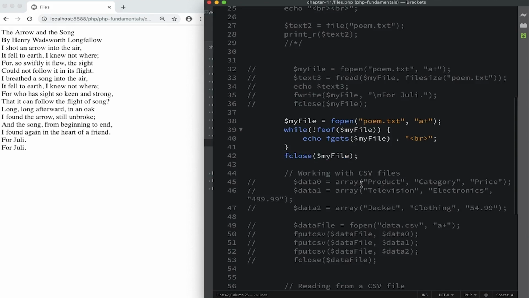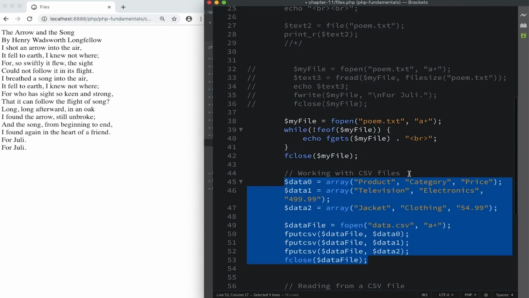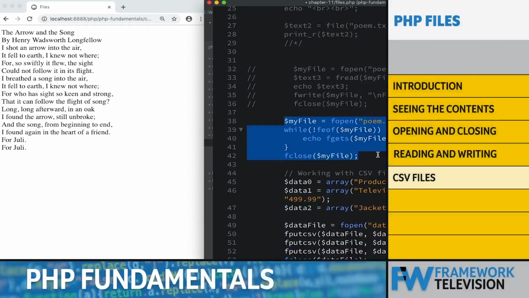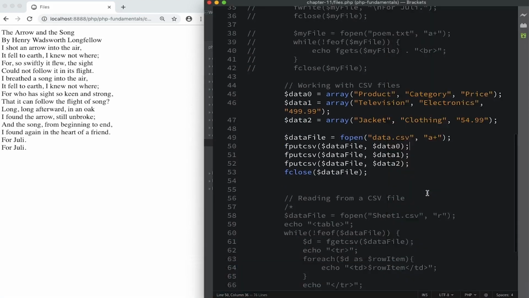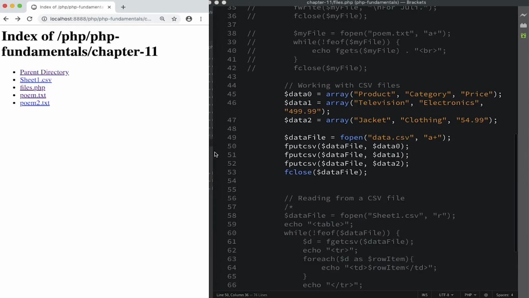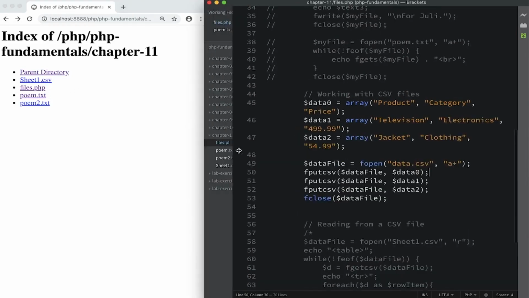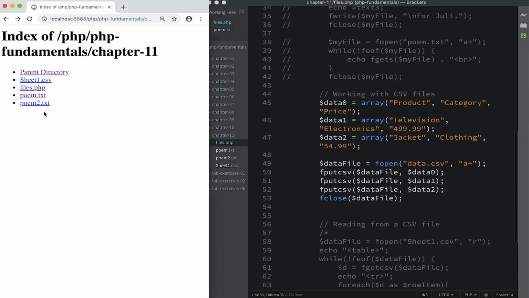Now, a more common kind of file that you would be working with when you're not working with a database is called a comma separated value file. And usually you see those in spreadsheets. I'm going to refresh this, but first I want you to see something. When I run this script, take a look here. When I run this again,